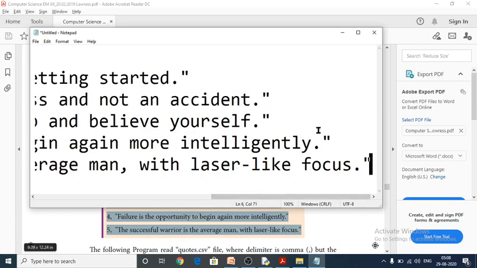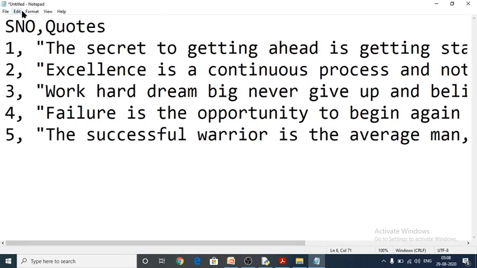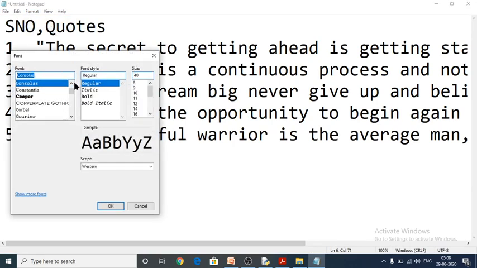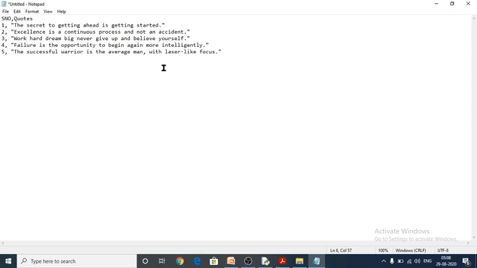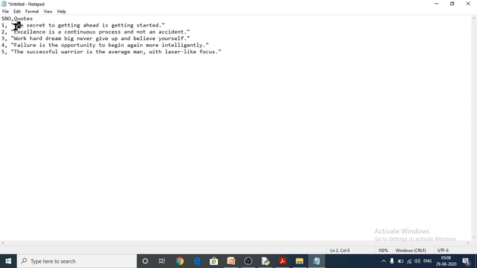Here change your font, and give double quotes manually, because it shows some error while reading the file.